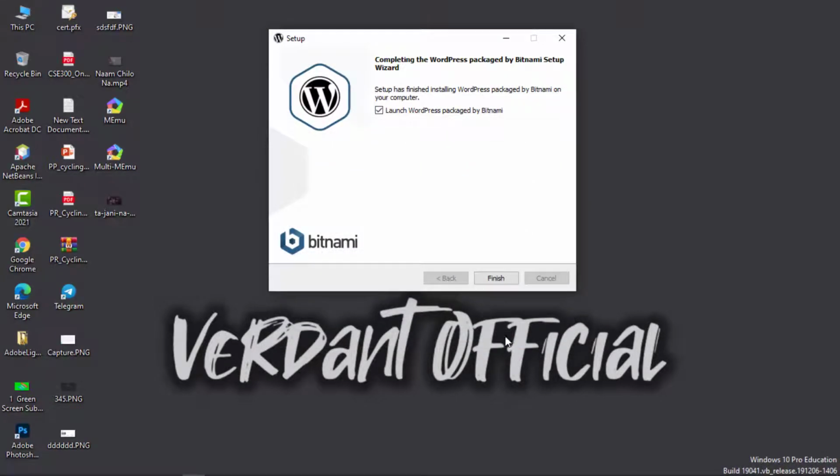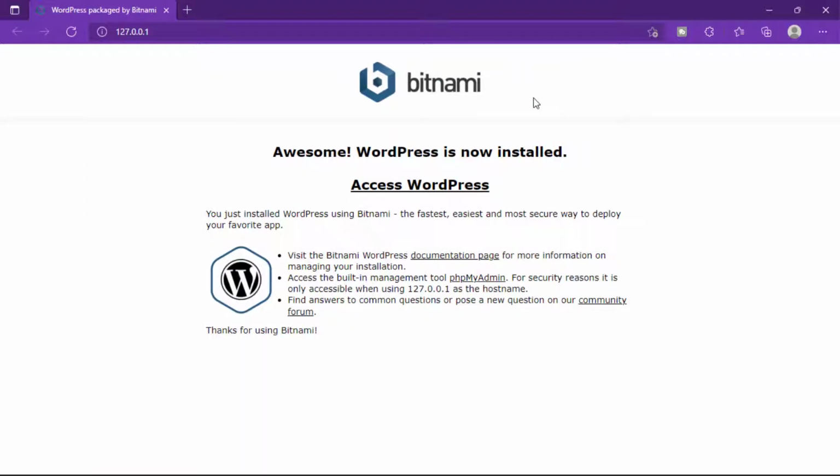And now click finish, and it will take you to this page. So WordPress is now installed on your computer.